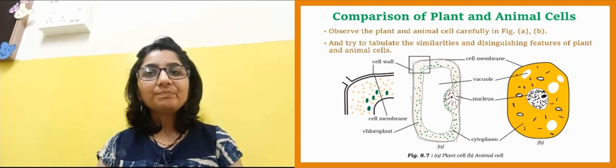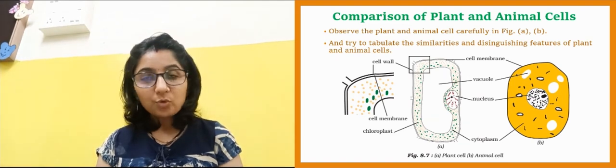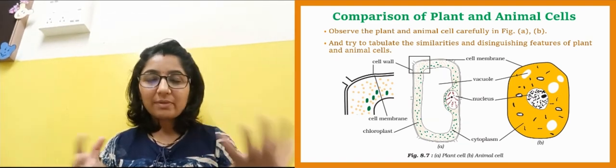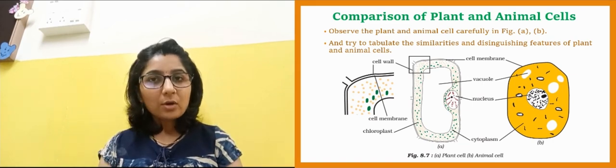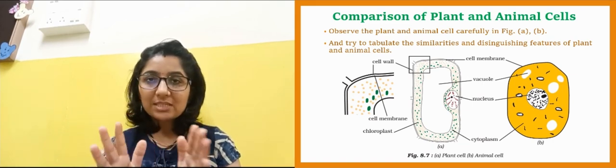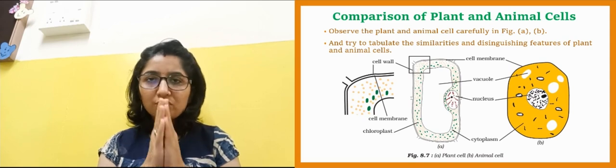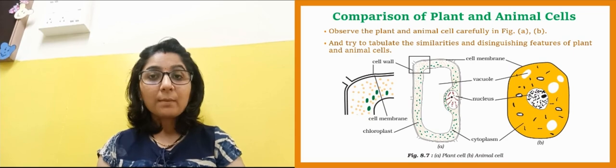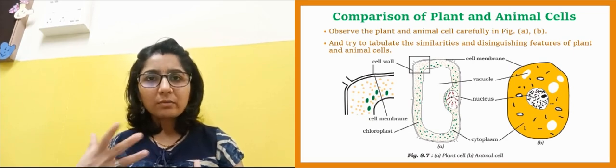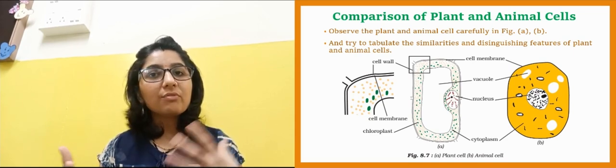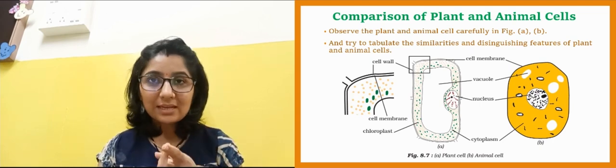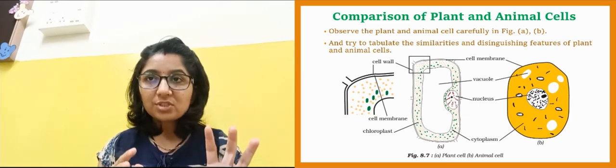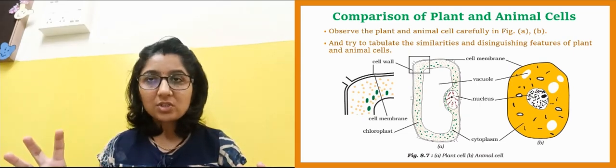Okay, so we have seen a few basic components of the cell, of both plant and animal cells, like the plasma membrane, cytoplasm and nucleus, which will be present in all plant and animal cells. But in spite of the basic structures, there are certain differences. As we have seen about the cell wall, if you remember, you can see it in the diagram. The first diagram is of a plant cell and the other one is of an animal cell.